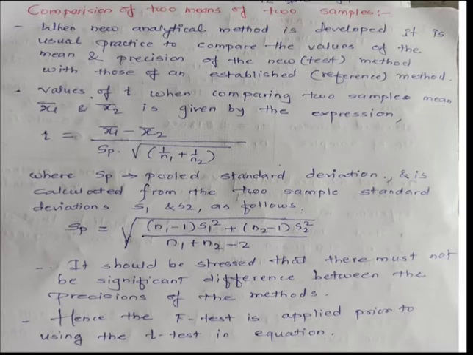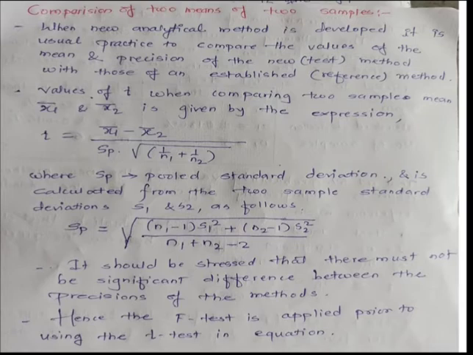Consider there are two analysts. One analyst has performed an experiment and he has noted readings as A readings, and the second analyst has performed the same experiment and noted his readings as B readings. Now we have two sets of readings. Analyst A has taken a number of readings and the mean of the readings is x1 bar, and the second analyst has taken B number of readings and the mean of these readings is x2 bar. Now we have two mean values.